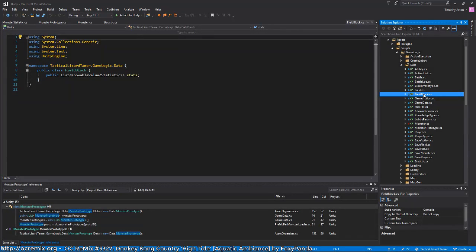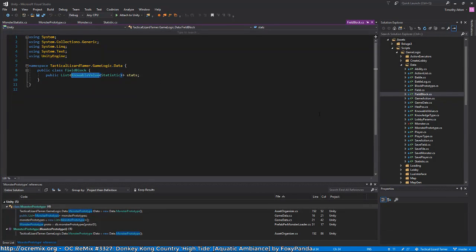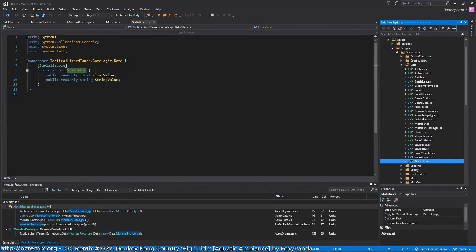Oh, wow, how did this not throw an error? Because this noble value doesn't exist anymore, does it? Oh, it does, okay. And I don't know, I keep going back and forth whether I want monsters and blocks to both use this statistic class. But I guess really there won't be much different about them, so